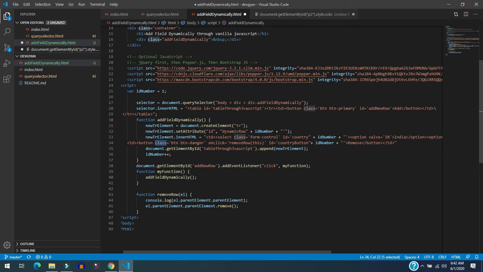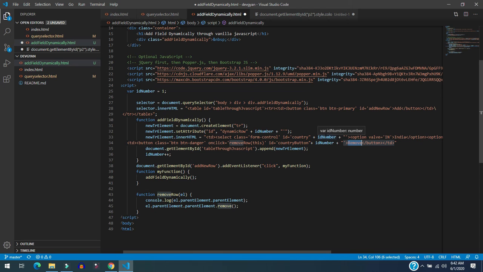We have done innerHTML, and within this tr element we are providing some td. One td has a select box, and another td has one button, which is the remove button, as you can see. And again their id is appended with the unique number.